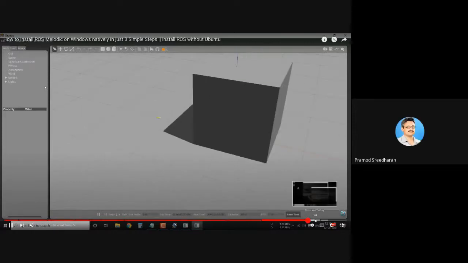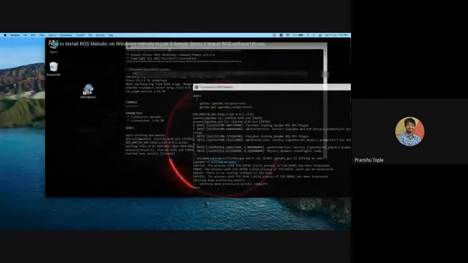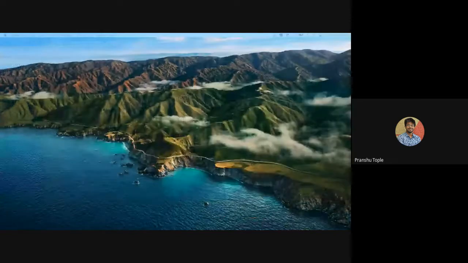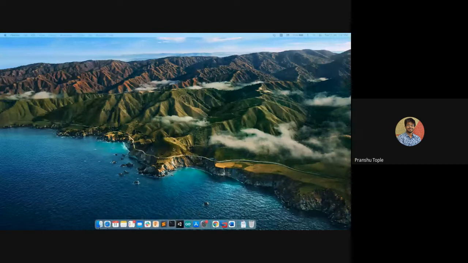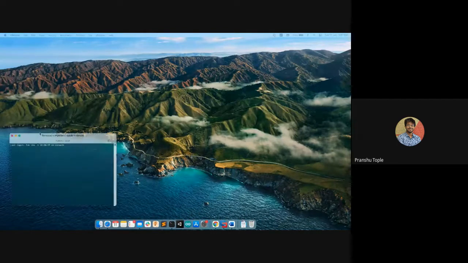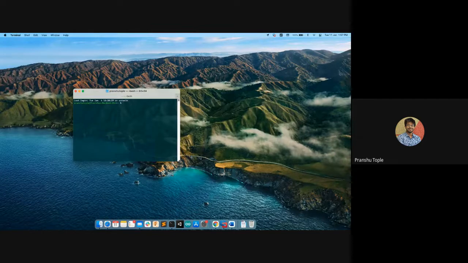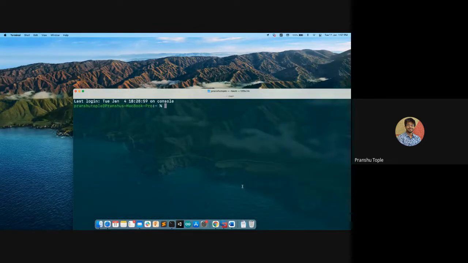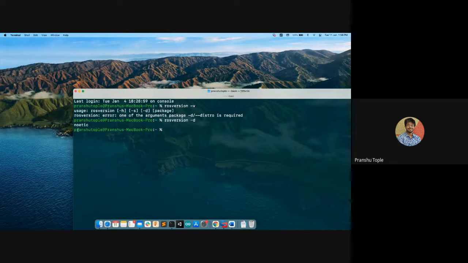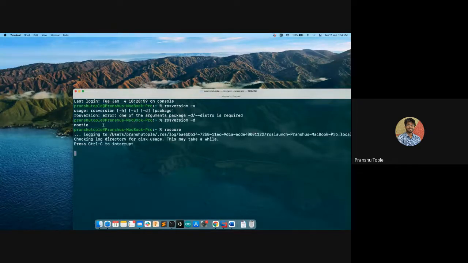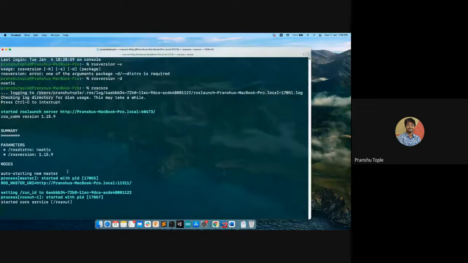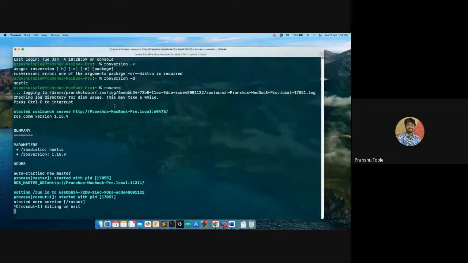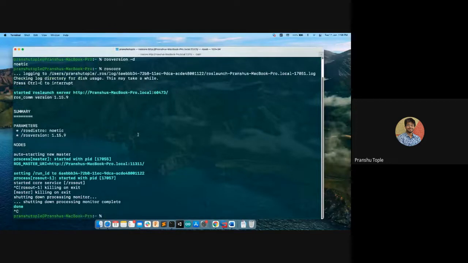There are also ways you can do it on the Mac operating system. That is one major reason why I prefer Mac, because even that is all possible. This is my Mac terminal. Here I can check the ROS version. I have installed ROS Noetic inside this. If I do roscore, it will start ROS. So there are ways to do it, but again, it is only recommended if you know the whole of ROS.